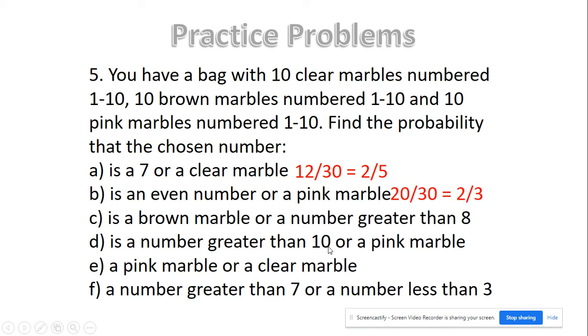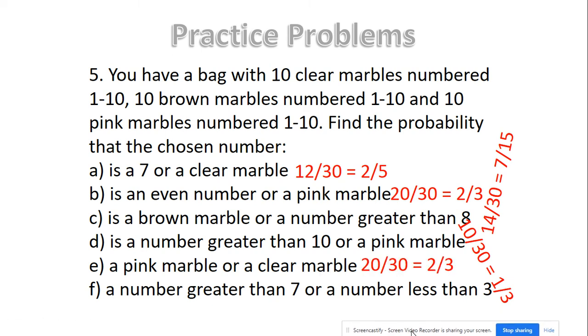How many of them are brown? 10. How many of them are greater than 8? And how many of the brown are greater than 8? So it gives you a total of, sorry, I got to get crooked here, 14. D is what? 10 out of 30 because there are 0 that are greater than 10. So you're basically just finding the probability of a pink marble. Pink or clear is going to be